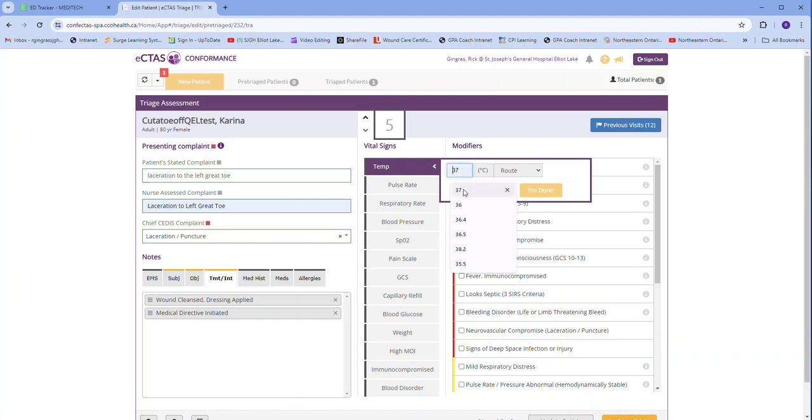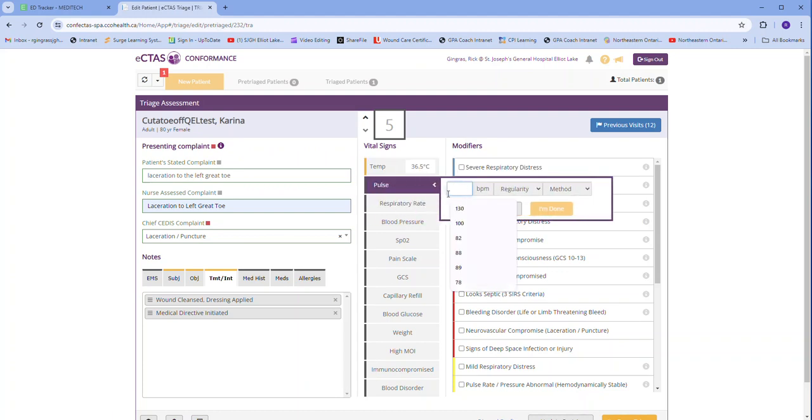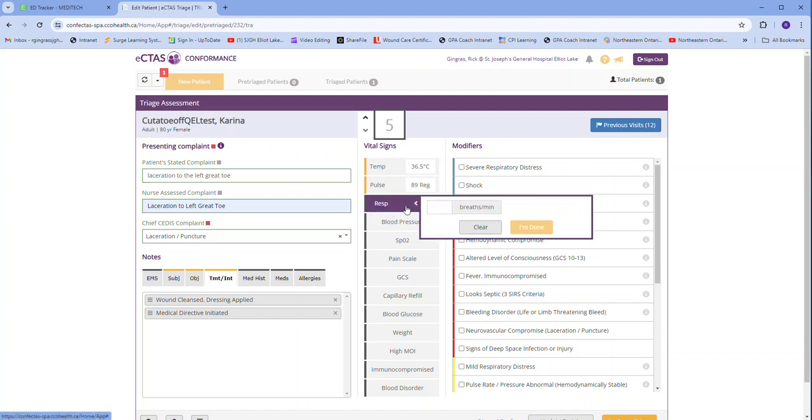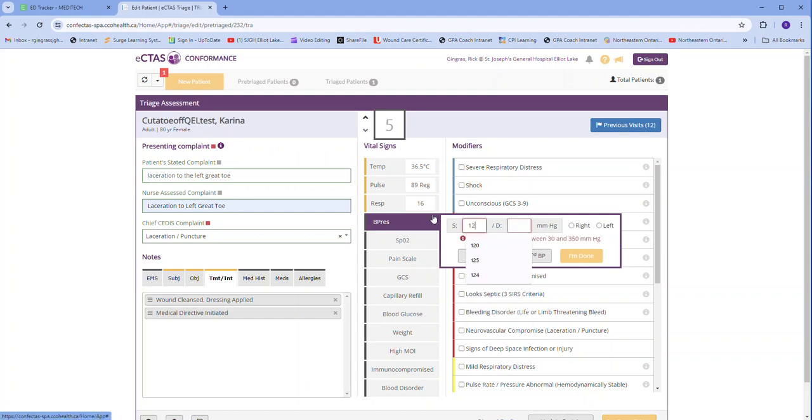So again, you'll notice that any previously entered information pre-populates. If something fits, go ahead and take full advantage of that. I do like people to add the details to where they got the information from. So go ahead and put those in. And the more information that you put in, the better. I'm going to go ahead and put in the respiratory rate. So for blood pressure,